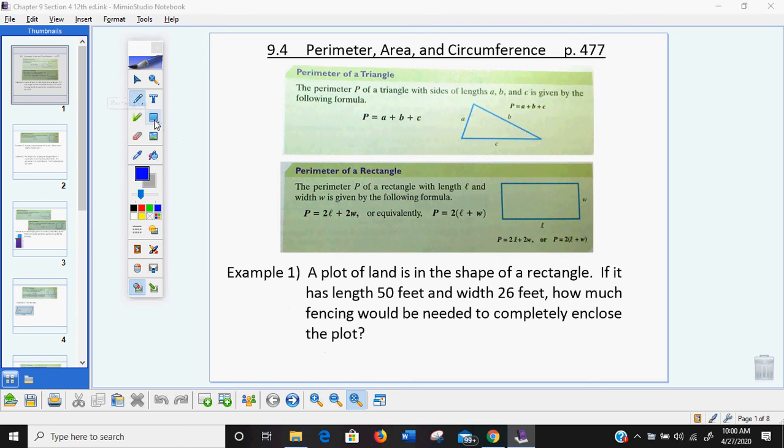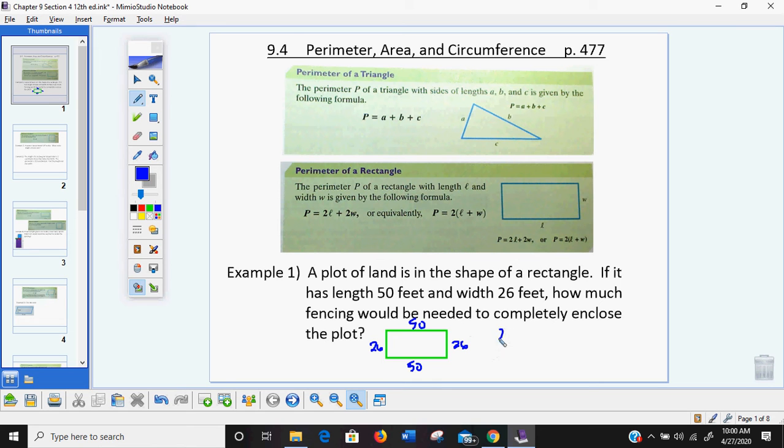So down here it says a plot of land is in the shape of a rectangle. If it has a length of 50, so let's put in our 50 in our picture, and a width of 26, how much fencing would be needed to complete the enclosure? So if we use the formula, you can add up all the way around, or you can use